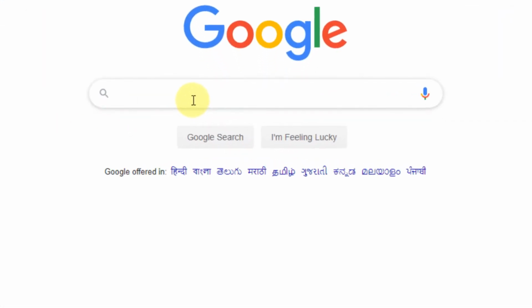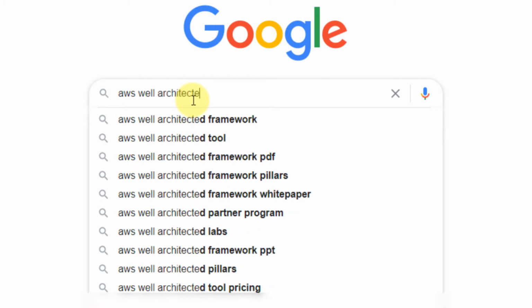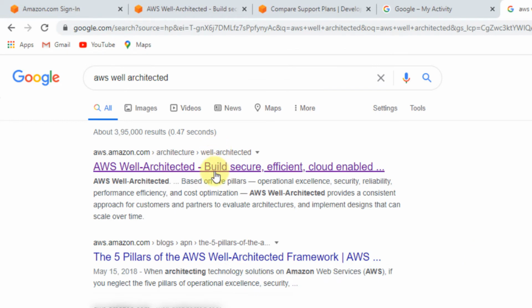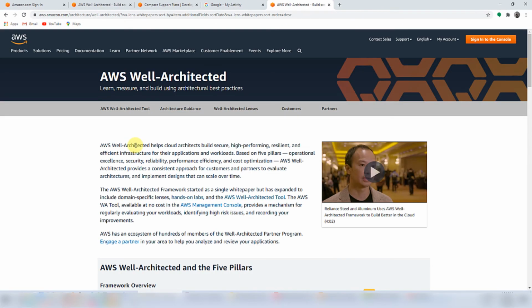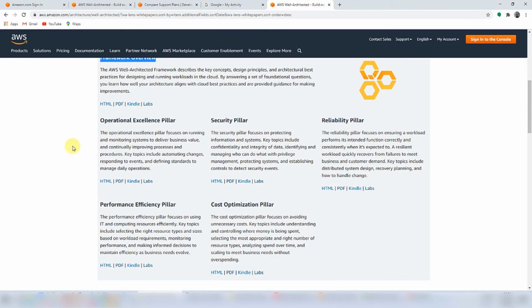So if you go to the search engine and look for AWS well-architected, the first result looks like the right one. So this is what I'm going to be discussing. There is a well-architected series of papers. Today I'm going to be discussing the framework paper, and as you can see, there are 5 other papers discussing